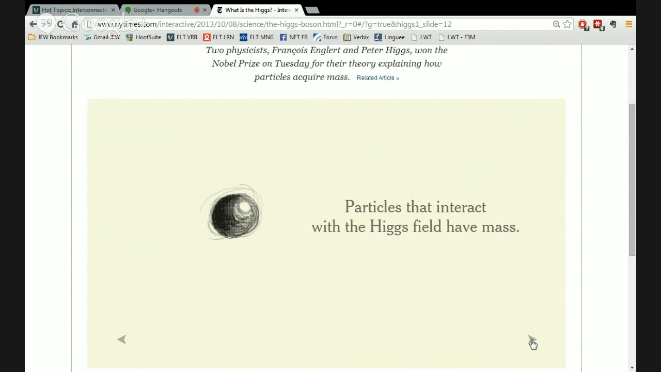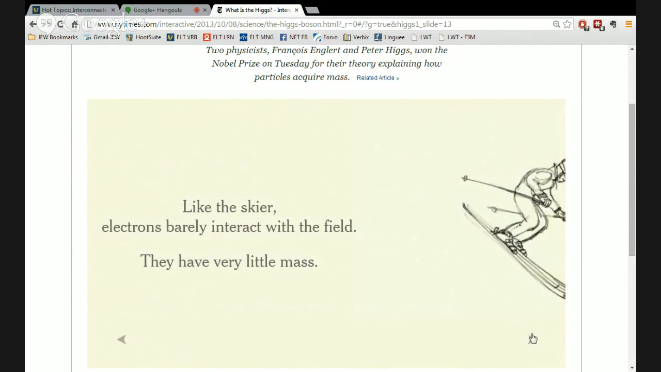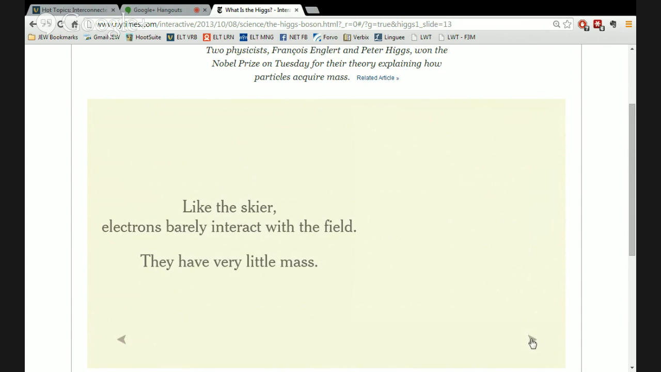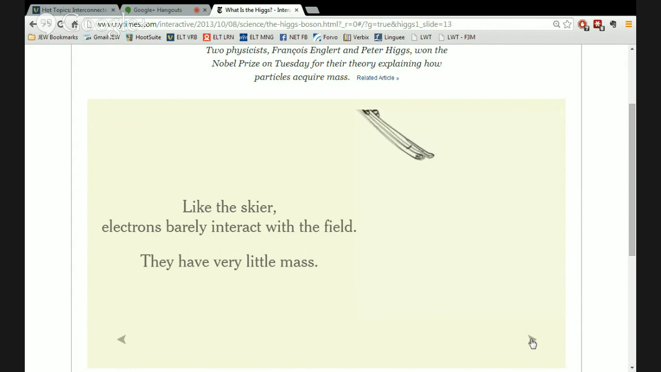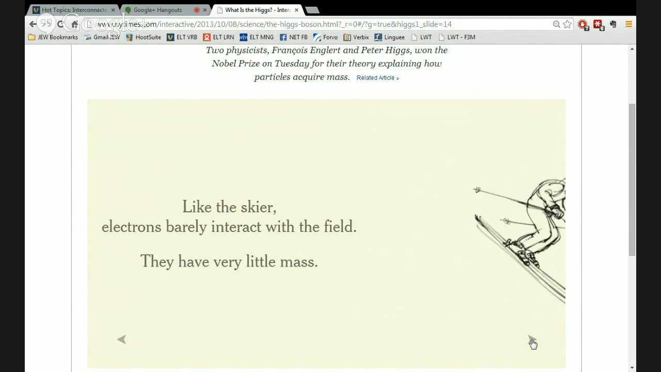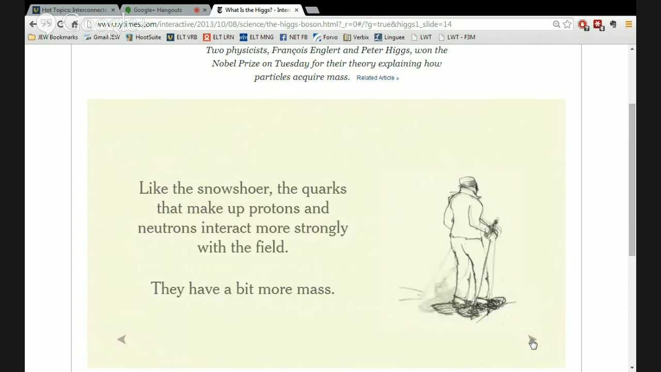Yuki? Particles that interact with the Higgs field have mass. Mass, right. And Artur? Like the skier, electrons barely interact with the field. They have very little mass. Wow, this is pretty deep. Yuki? Like the snowshoer,